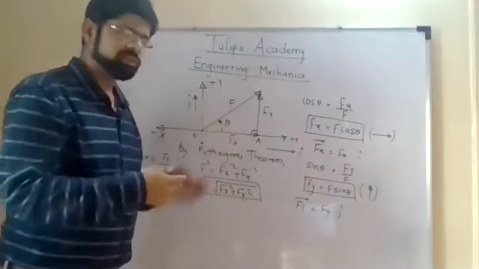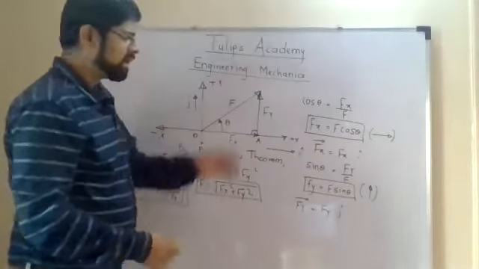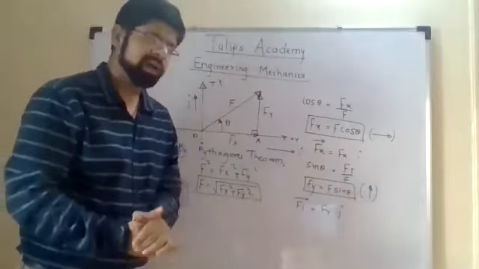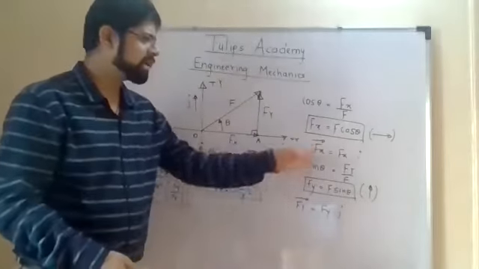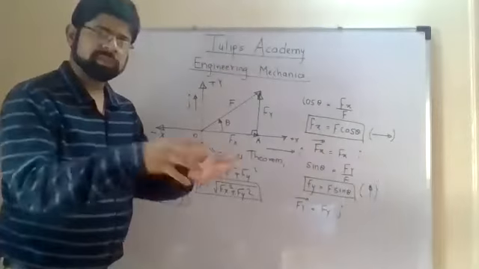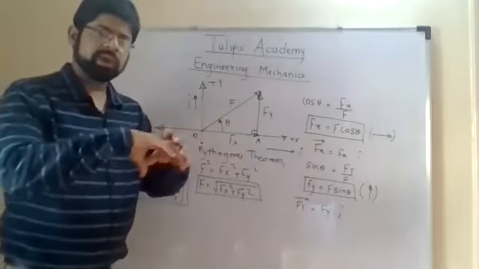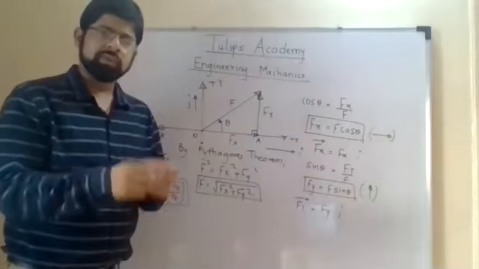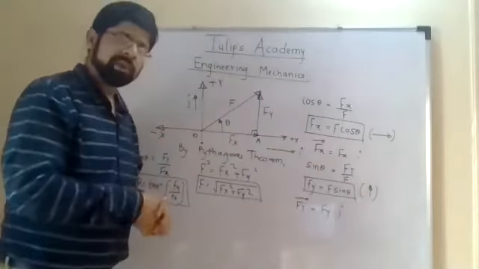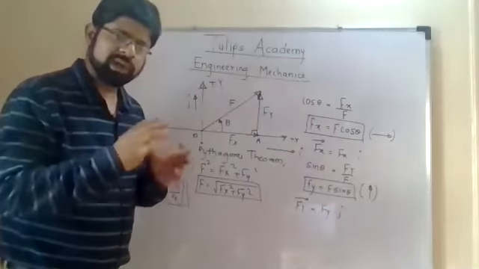The triangle law of forces was satisfied. We had completed the right angle triangle, and then we had used sin theta and cos theta relationships and found Fx and Fy along with their directions, and we had seen vector forms of both. Then we have seen the reverse case where a system of forces was given, and you have to convert that entire system of forces into a single force called resultant. Your task was to replace all the forces with a single force called resultant.